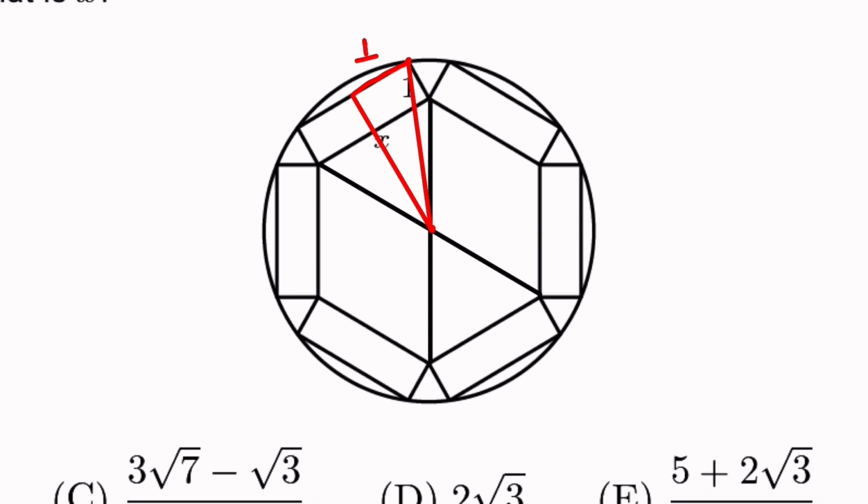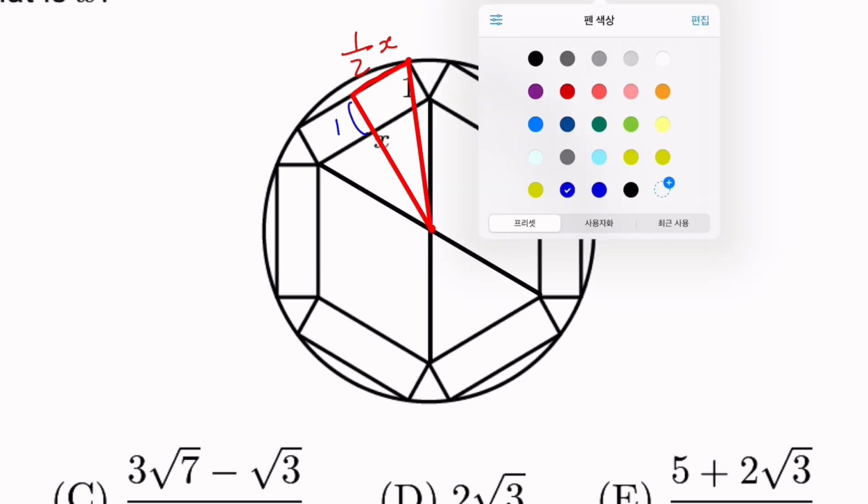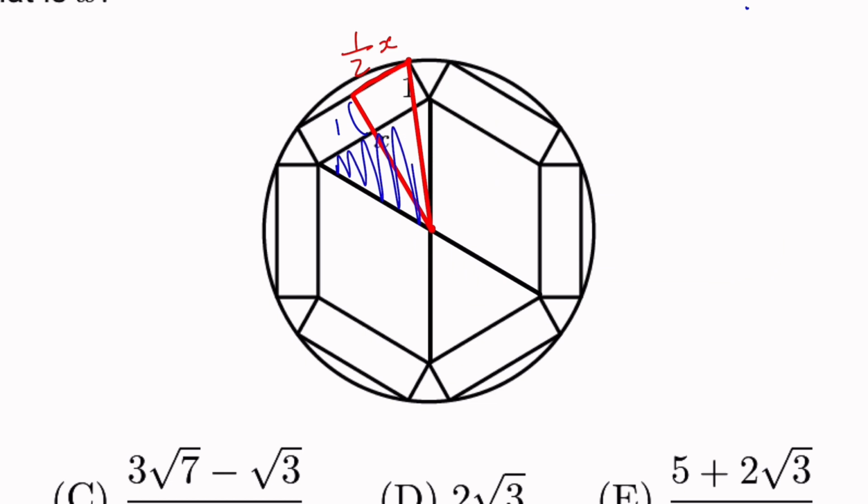and since this whole length is x, then half of that length will be 1/2 of x, right? And this is 1, obviously, because this length is 1. And since this is an equilateral triangle, since this triangle is the same as this triangle, we know that this length is the same as this length, right? So for easier comprehension, I'll just draw that here,